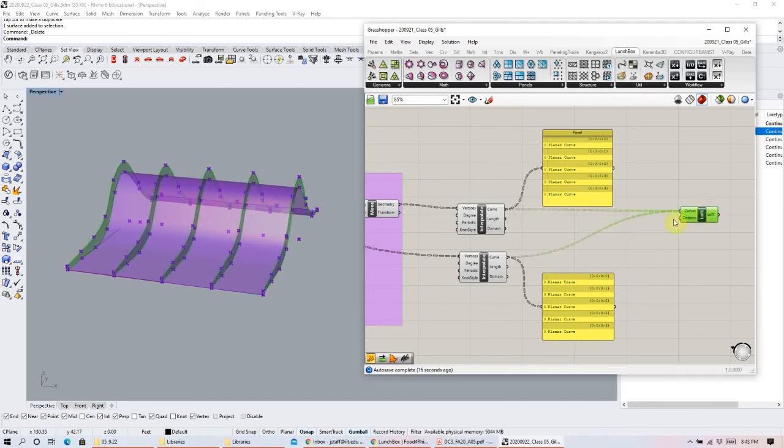So what we actually need to do is shift this data. If we want this first curve to loft to the second curve, we need to take this list and shift it so that this chunk, okay,